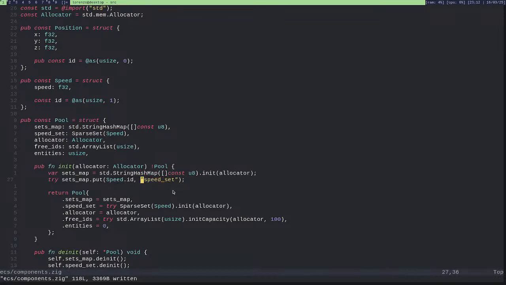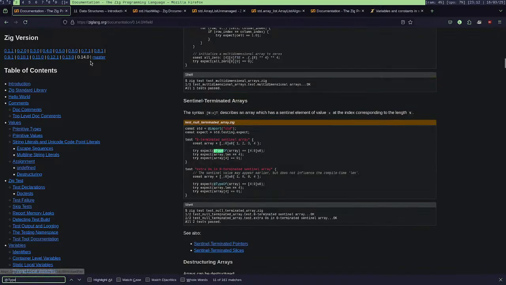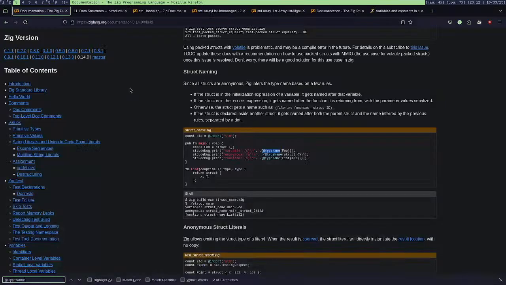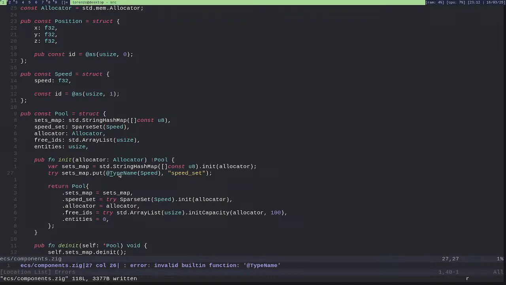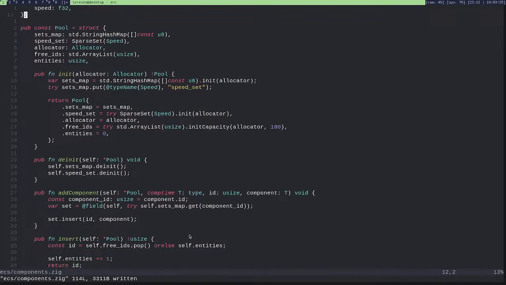Okay. And then here I will just put, because I know there is something like type name. Yeah, okay. Type name. Oh, it's type name. I don't need this anymore. And I can access this not by component ID but by type name of D.